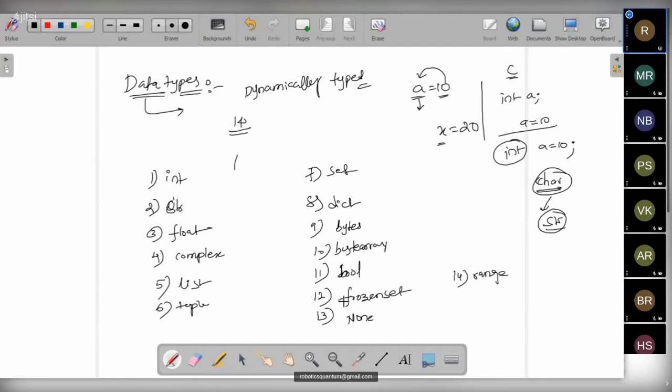See here, these are the 14 data types we have in Python. We'll see one by one where we'll use each one.